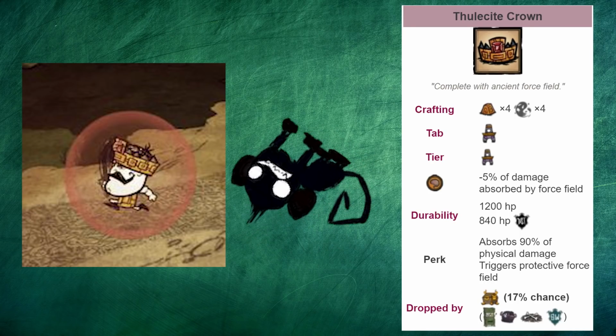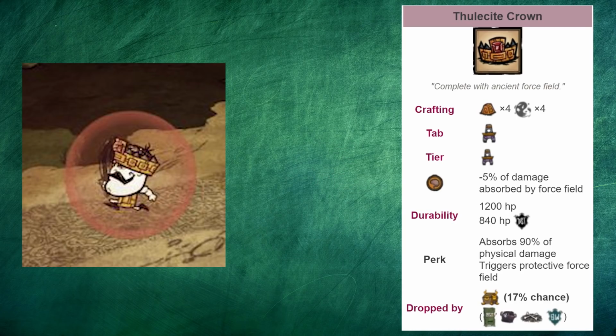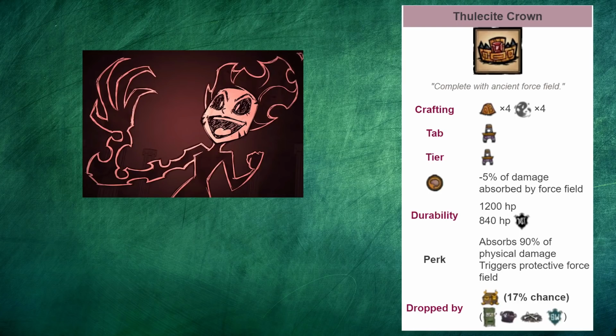Keep in mind, this isn't true invulnerability. The crown can still break if it runs out of durability. The invincibility bubble also provides light, so you'll not need to worry about Charlie damaging you while your crown is